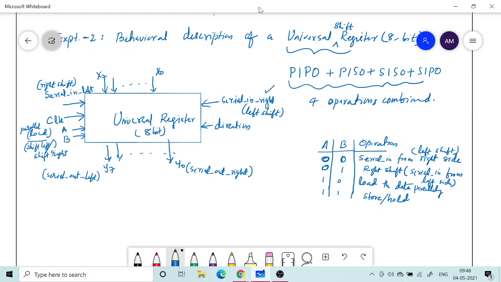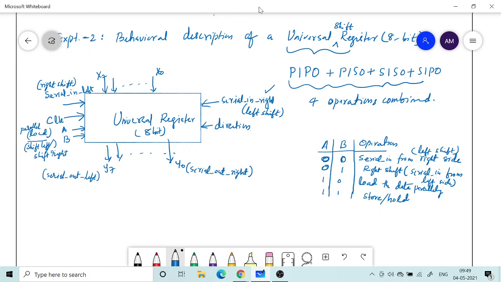So you can change the order, that is not a big issue. You can give 00 for holding the data and 01 for loading the data, so that is also welcome, and then 10 for shifting left, and 11 for shifting right.